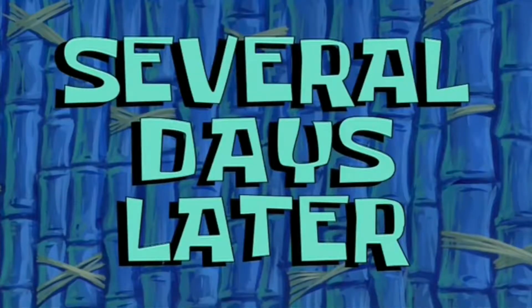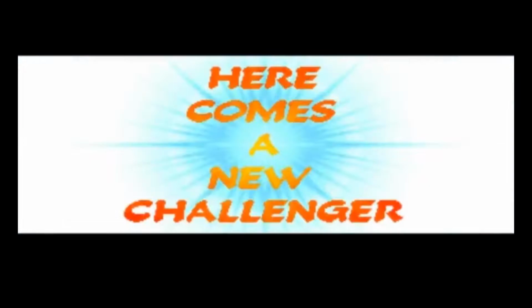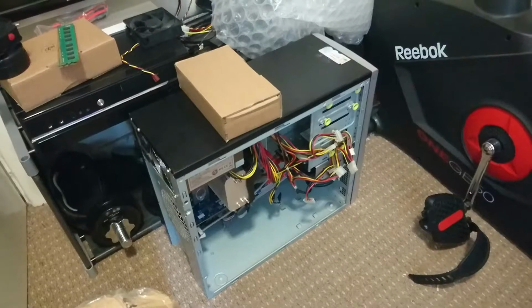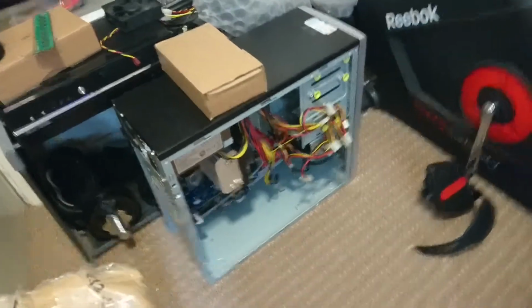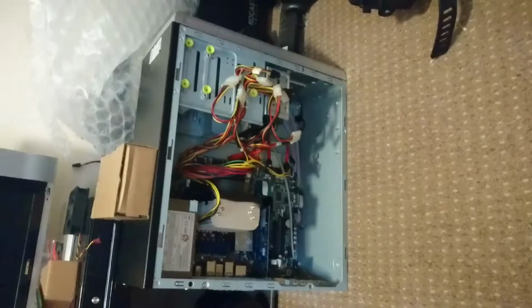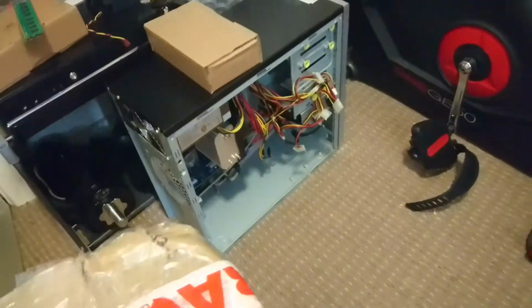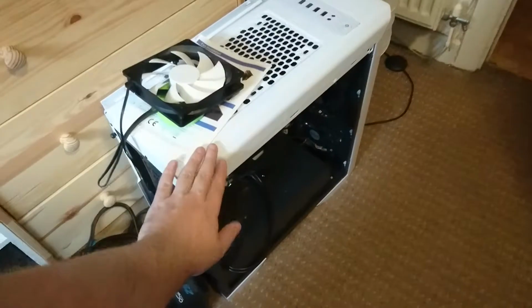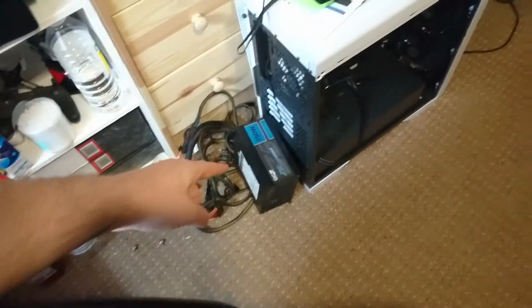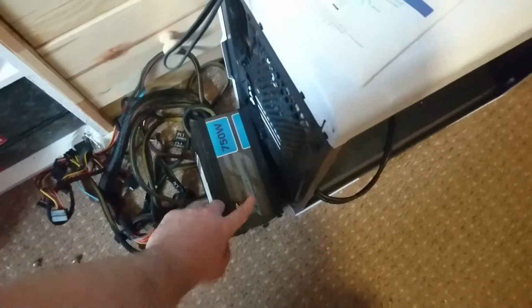Several days later. Here comes a new challenger! Hey guys, so we've got a bit of an update going on. There's the machine as we left it, with the board and whatnot in there. We've got a few new bits to play with. I've kind of committed to this whole thing now. I've picked up a case, which was a bit of a deal. I've got a new power supply, quite a decent 750 watt